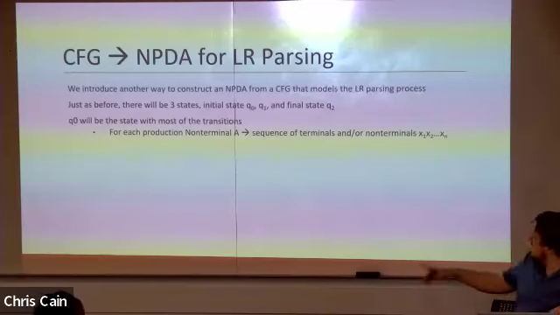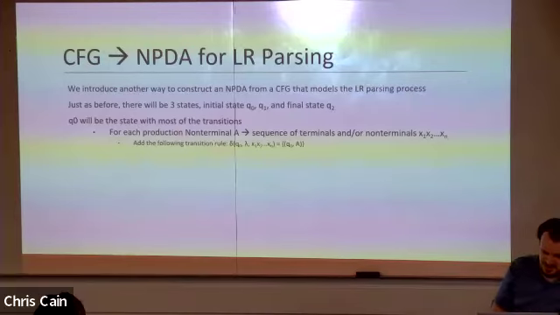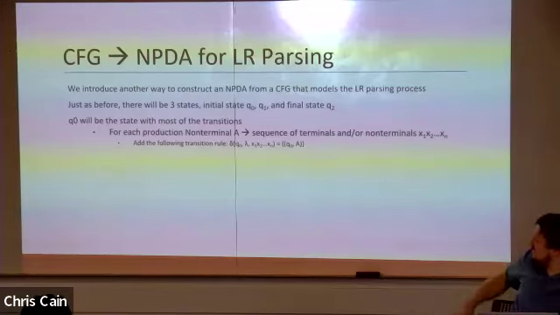We're gonna call this x1 up to xn. For every one of these productions, we're going to add a transition in Q0. So from Q0 to Q0, we're going to read nothing from the string. We are going to try to pop all of those symbols, x1 all the way up to xn, and replace